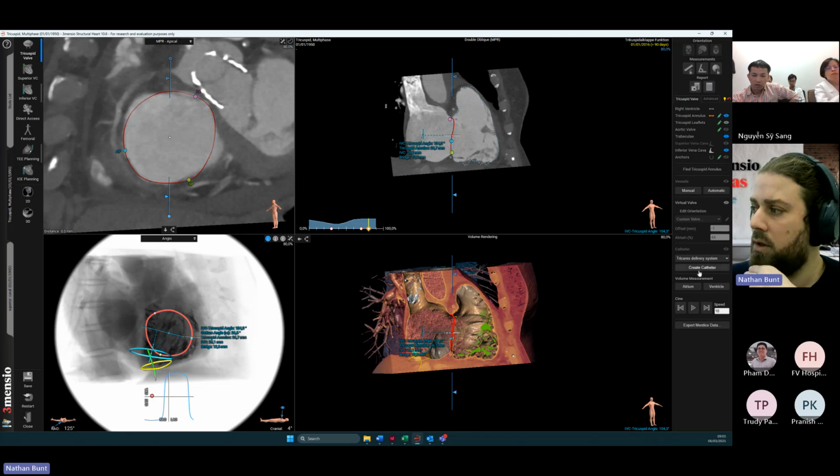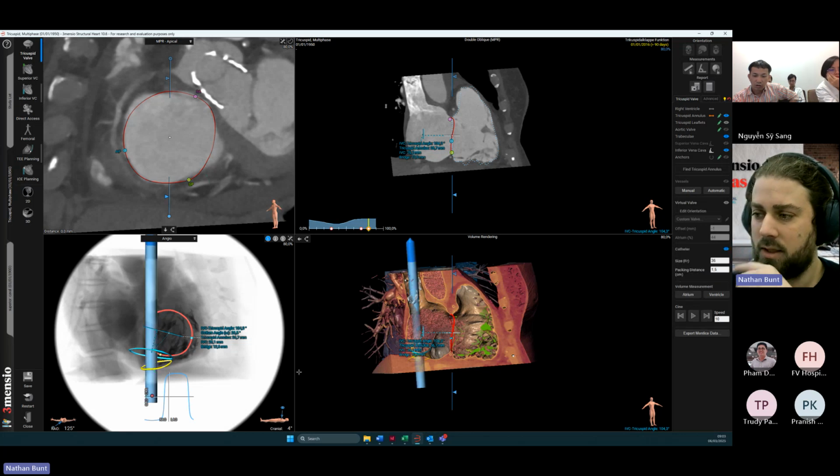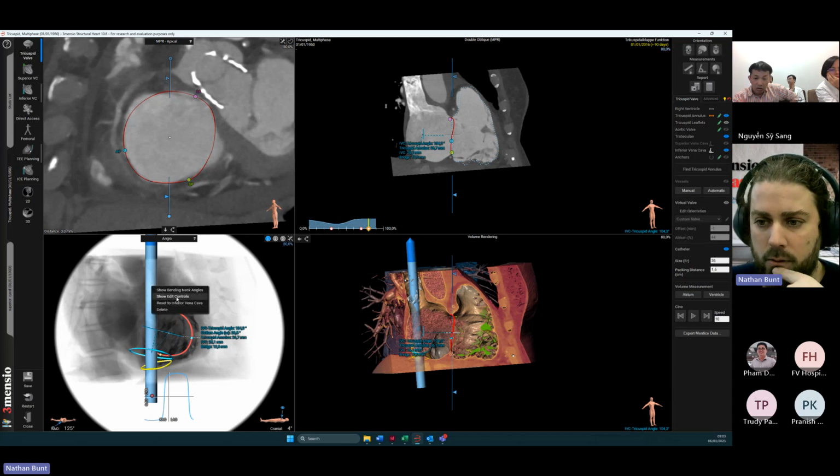Maybe the last thing we could show is that you can upload your specific catheter setup and then create a catheter as well. This is a catheter of a specific company, and they asked us to just implant a flexible